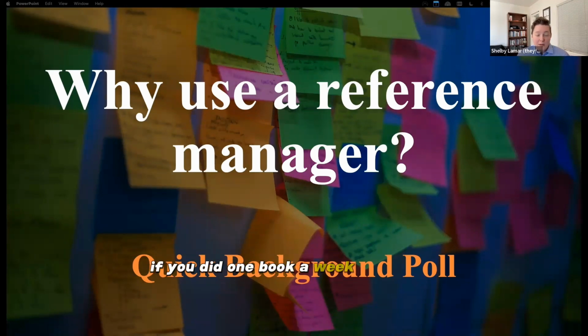If you did 1 book a week for 16 weeks, 3 classes a semester, you're looking at 192 books for a master's program. Now, that's just like maybe your required reading for a class, right? That's hundreds of books or hundreds of articles. And that doesn't even count the articles and books you would need to read to write your research papers or anything else. That would be a huge amount of required reading that you would need to organize, keep notes on,